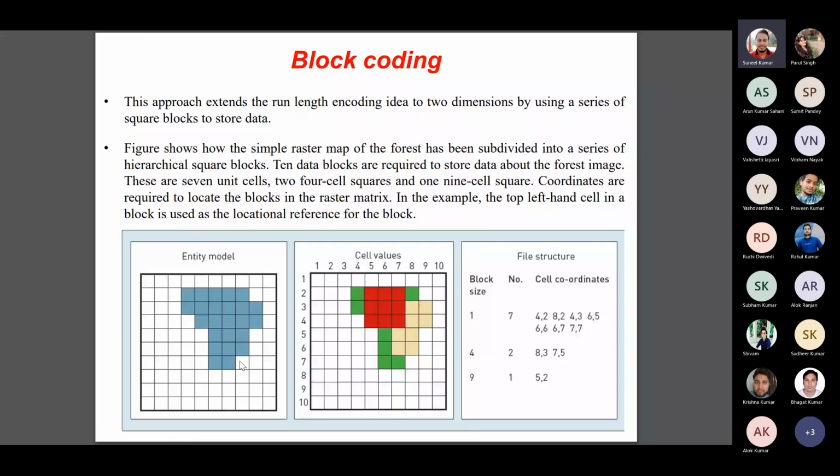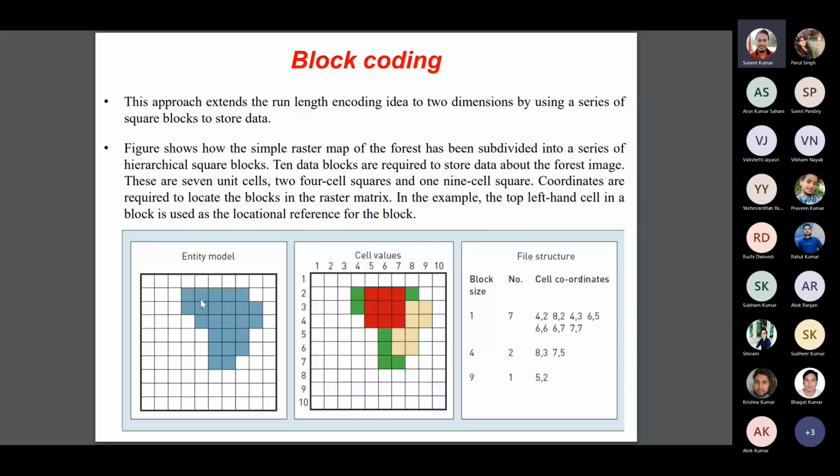उसके बाद अगले लेवल पर आएंगे 2x2 के बॉक्स पे। सो 2x2 के बॉक्स आप इस वाले फिगर में, सेल वैल्यूज वाले फिगर में देख सकते हैं, ब्राउन कलर से 2 बॉक्सेस बनाए गए जो कि 2x2 के साइज के आते हैं यहाँ पे। उसके बाद रेस्ट ऑफ द पिक्सल्स को आप देखेंगे वो सारे ऐसे हैं कि जहां पर कोई दूसरा बॉक्स बन नहीं सकता। सो बाकी सब बॉक्स साइज 1 की होगी, 1x1 की। इस तरीके से ये ब्लॉक कोडिंग करी जाती है कि इसमें एंटिटी मॉडल में जो भी एंटिटी होती है उसके बॉक्सेस बनाए जाते हैं।